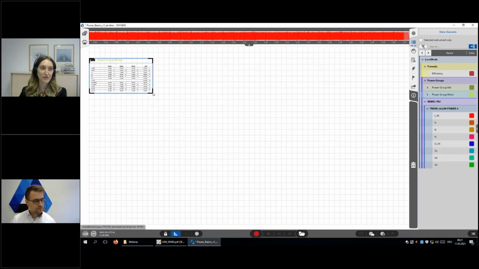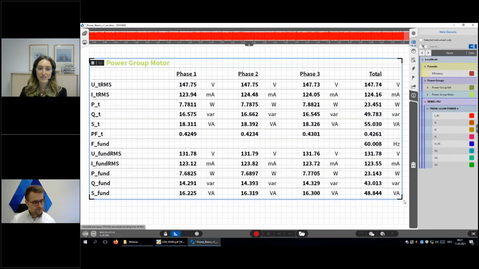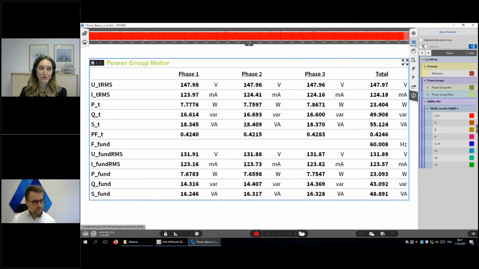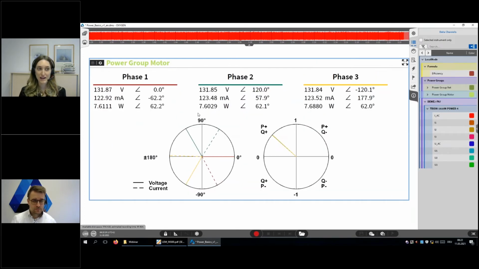So if I make it a little bit larger, you can already see here are the most important values of this power group. I cannot change this table here, but I don't think it's necessary. If I need other values, I can also use other instruments like the digital meter to show on my screen, or I make my own table, which is also fine. In this instrument, it has a nice feature. So I can also switch the view with this button here, and I get all the phase relations between current and voltage